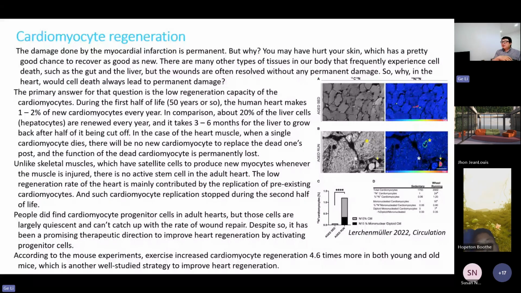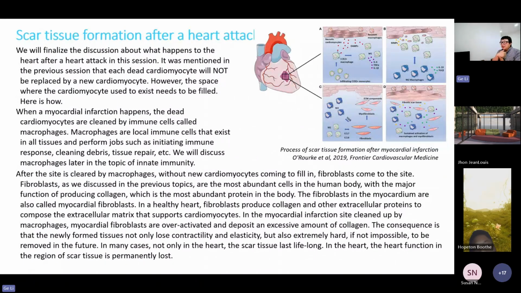Exercise can actually increase the regeneration rate of the heart, and also prevent this regeneration rate from gradually reducing along with aging. Even though the rate is very low, it is still very essential to maintain a healthy heart. And because it's very low, in some cases, like we talked about earlier, in a heart attack,